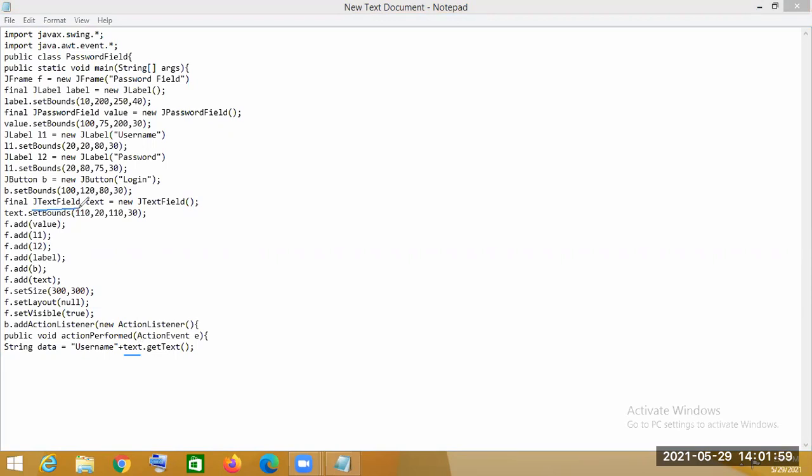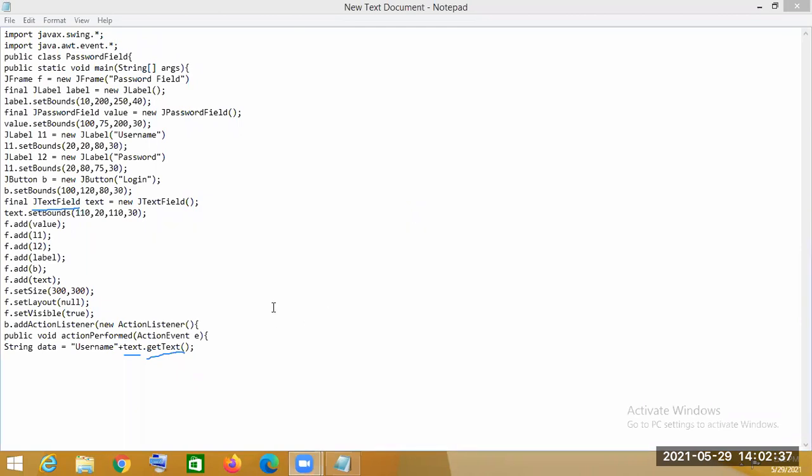The username will be a text field, and through the getText method we get the value written in the text field, and this value will be stored in the string data.